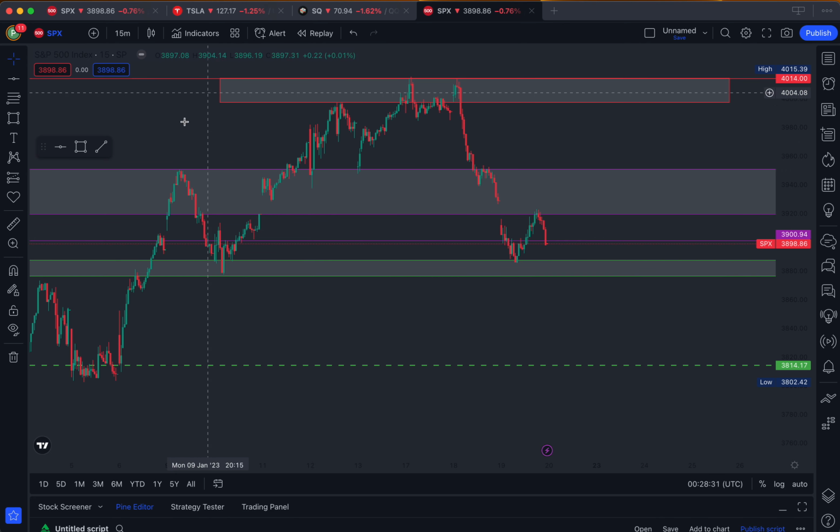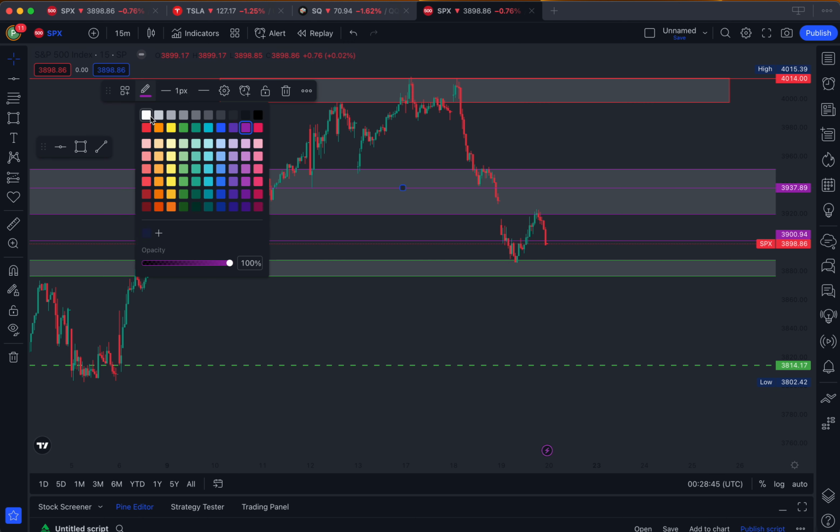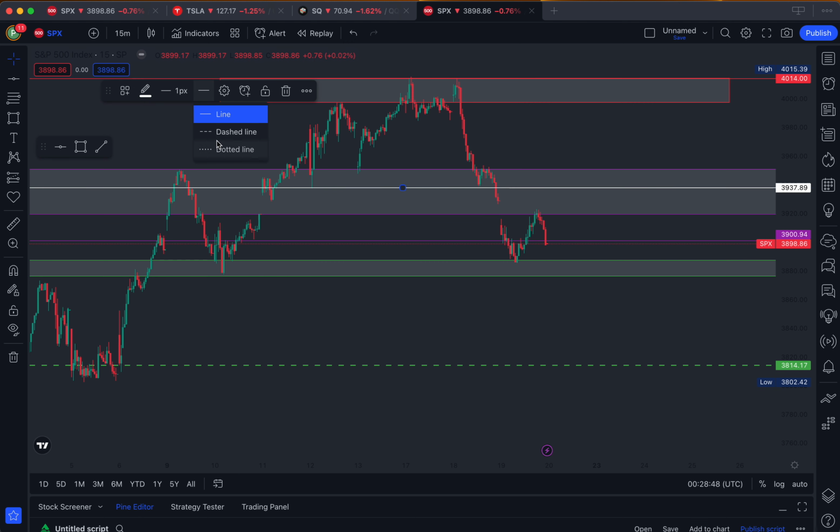And then if you want, in between your zones, if you see something that's relevant, so let's say this really big wick, when it hit here we got a big bounce, you can go ahead and keep that in mind. And when it's ones like that, it's not like a major move, I use a white line and kind of a dashed line just to remember it, right? Because look, it bounced here, it also bounced here, and then there was a little bit of resistance right here. So up to you. You can do whatever color coding system. I can technically make that a purple line since it was resistance here and support here and support here,